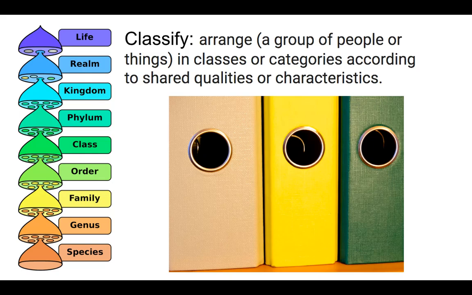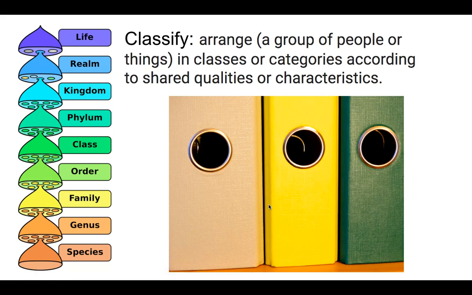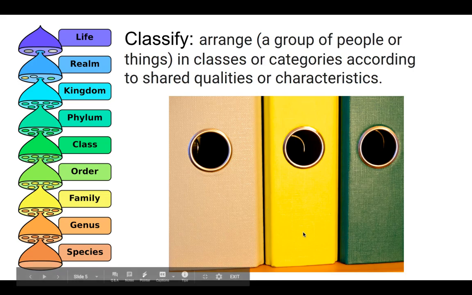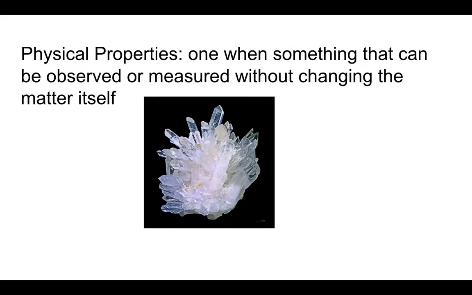So, what does classify mean? Classify means to arrange things into categories or groups. So, if you remember from a while ago, we talked about the different categories for species and stuff like that, how humans are considered Homo sapiens. This is like if I had all my students in my third block categorized in the yellow binder, or my first block was in the green binder. It's just putting things into groups based off of different categories. So that can be the way they look, something they have in common.